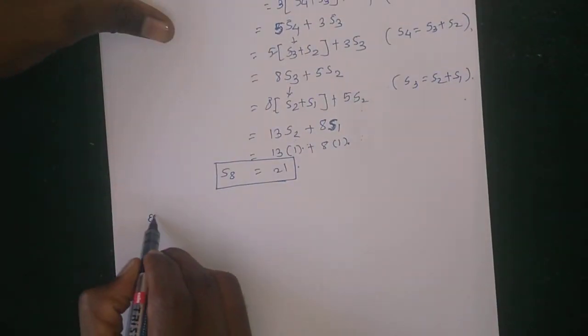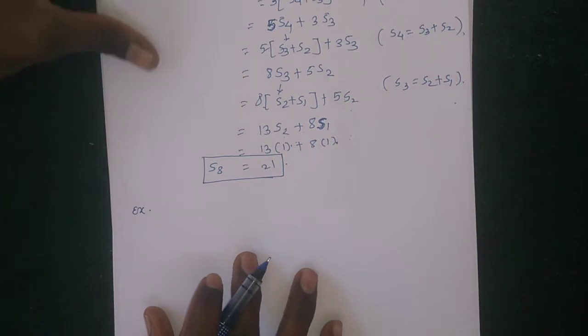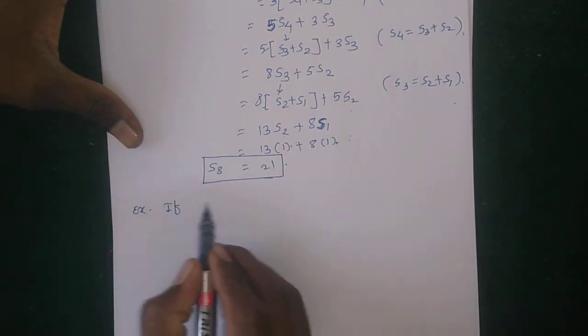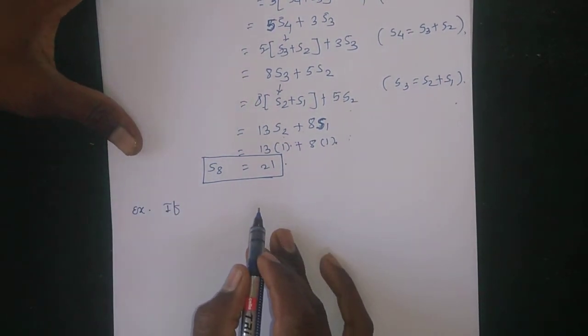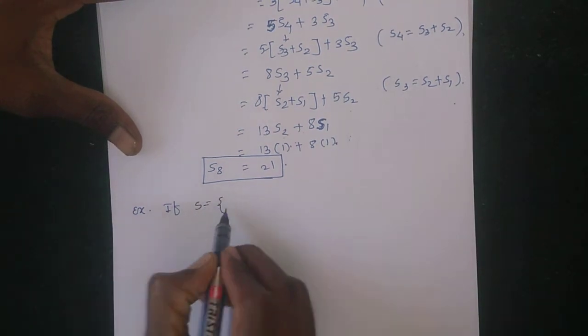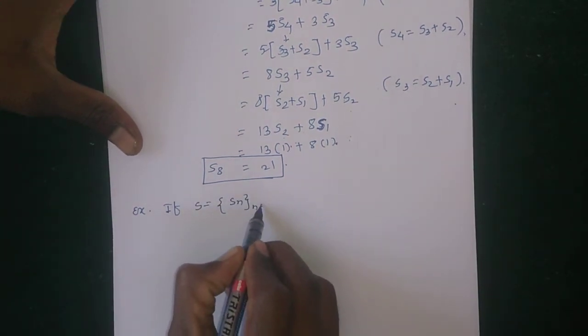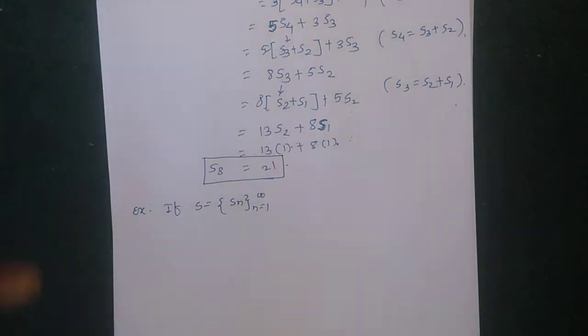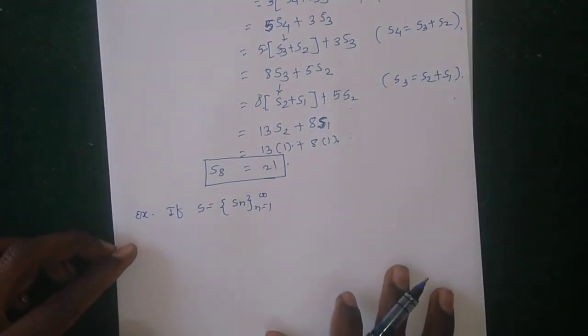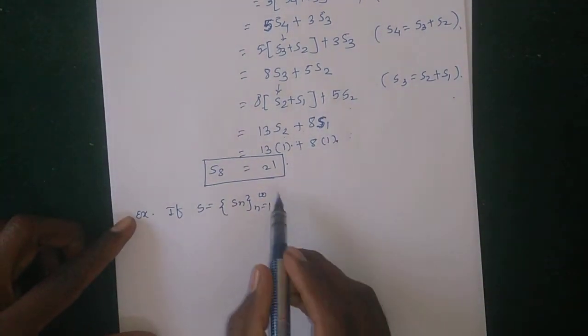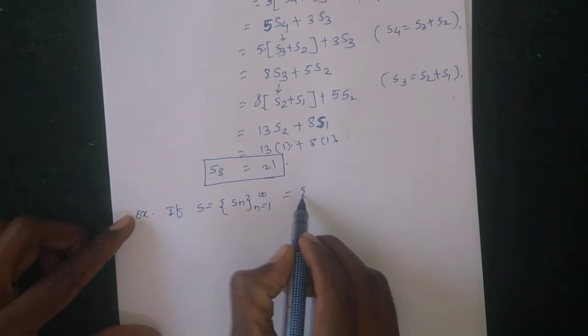Then next example, if S is equal to Sn, where n runs from 1 to infinity. If S is equal to Sn, where n runs from 1 to infinity, this sequence is defined as